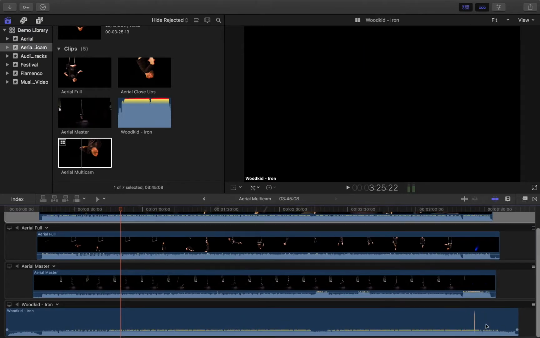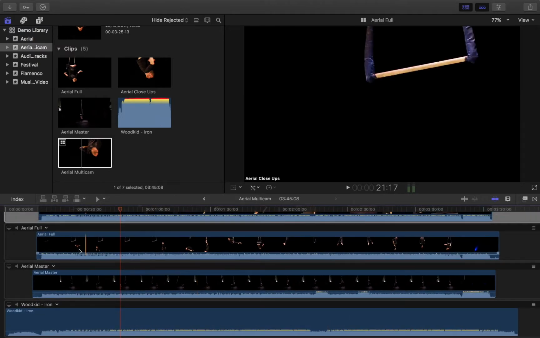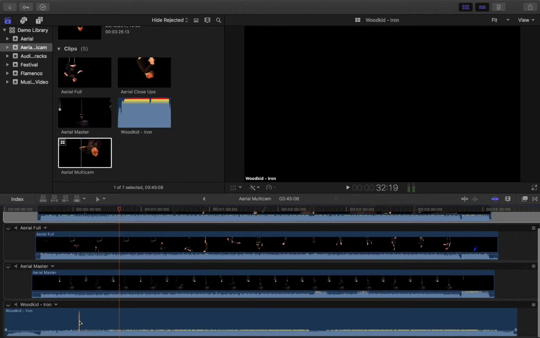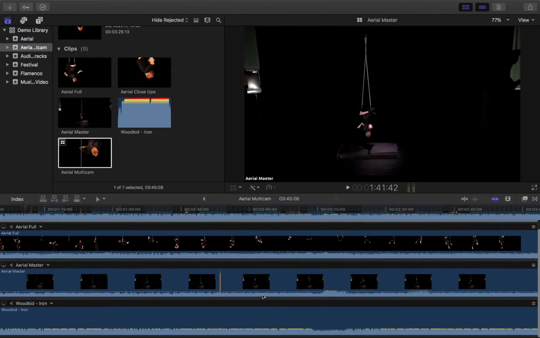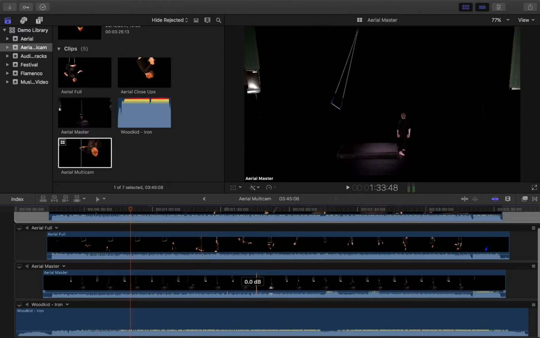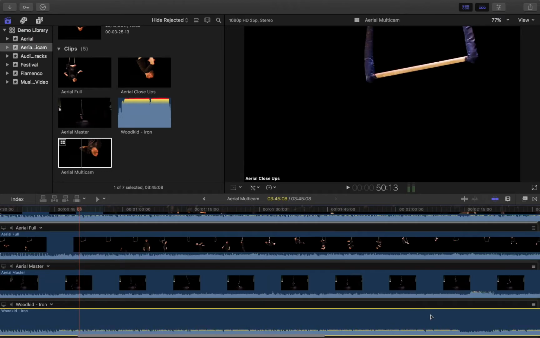Now obviously it hasn't given us our edit that we did at the end, so we'll have a look at that. But all of these angles have been generated, and it's synced up perfectly with our audio. So let's just quickly go down. Now within this multicam edit, you can make adjustments. You can move things around if you need to, and so I'm going to do this cut that I had,